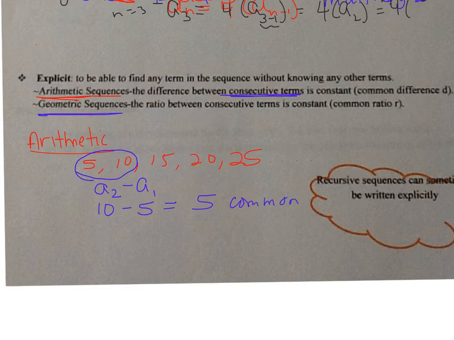Okay, that's D. So D is equal to 5. That's what I'm adding to go from one term to the next term to the next term. All right, geometric